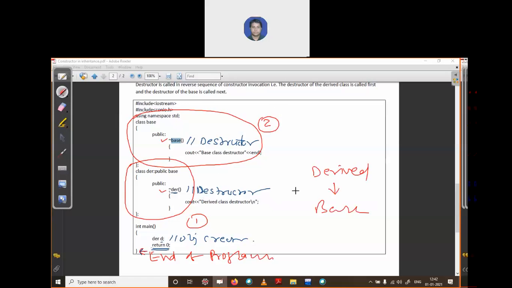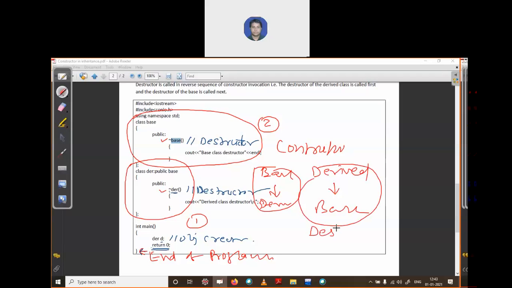But in the case of a constructor, it follows base first and then derived. In the concept of a destructor, it will execute the destructor of the derived class first, then the base class.